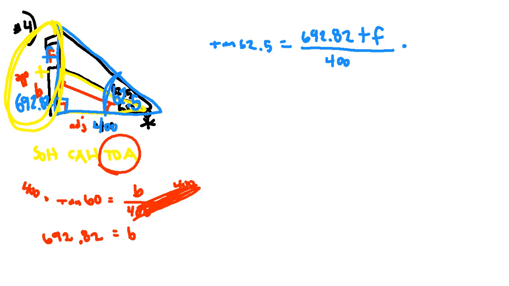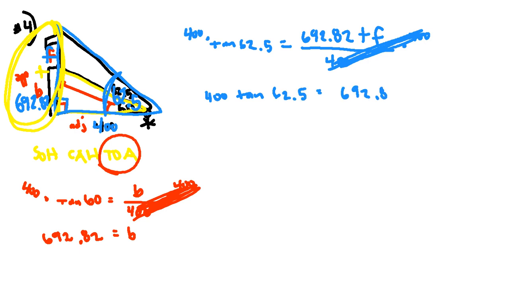Okay, the only difference is I have to add the flagpole. So I'm going to multiply both sides by 400. Again, I'm using tangent because this blue triangle is a right triangle. These 400s will cancel out. Over here, I have 400 times the tan of 62.5 equals 692.82 plus the flagpole. All right, let's put this in our calculator. 400 times the tan of 62.5 is